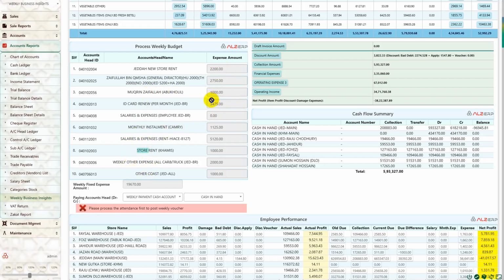store rents, everything. And here is another summary section where it shows how much discount the company gave to their customers, what is the total amount of collection, and what are the general expenses. Here all the amounts will be shown, and after making all the payments and after doing all the transactions, what is their actual